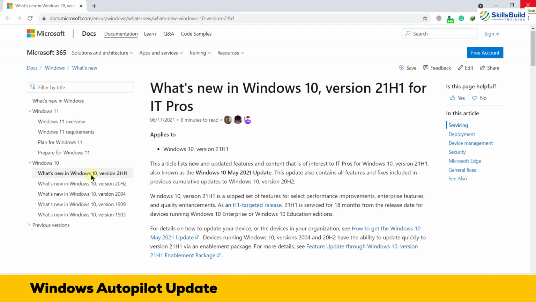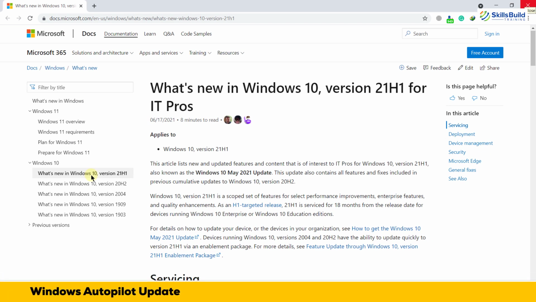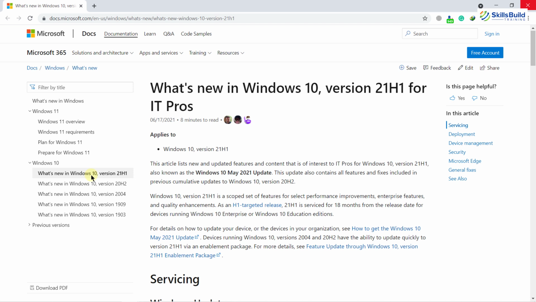If we talk about the things which got changed, added or improved in this update, let's start with the Windows Autopilot. Windows Autopilot is a collection of technologies used to set up and pre-configure new devices and get them ready for productive use. In this update of Windows, a new Intune remote action, also known as collect diagnostics, has been added, and it lets you collect the logs from corporate devices without interrupting or waiting for the end user. Role-based access control has also been added into Intune in this update.